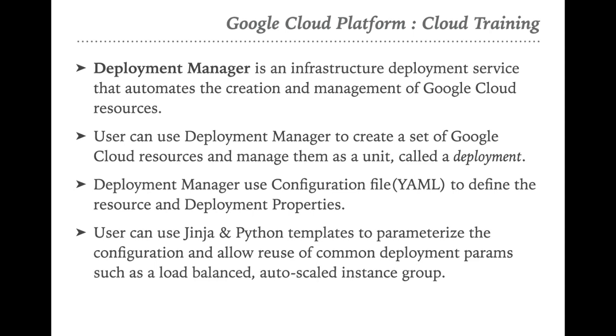In that case, we need to parameterize the resources, and that parameterization can be achieved with the help of Jinja or Python. We will define the templates in Python or in Jinja. That template will be a parameterized template, and we will get the parameters on the basis of a text file. We will see all these things in the lab once we create the deployments with the help of Deployment Manager. I will show you each and everything, how we can use Jinja, how we can use Deployment Manager, and how we can read the templates and configuration files.